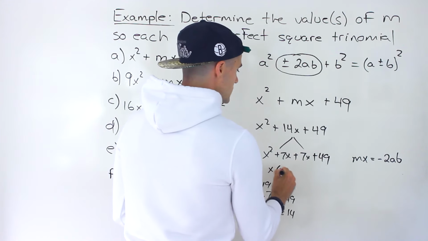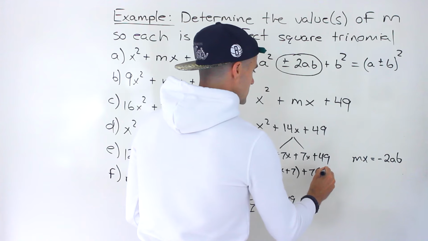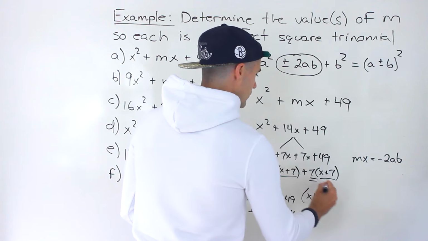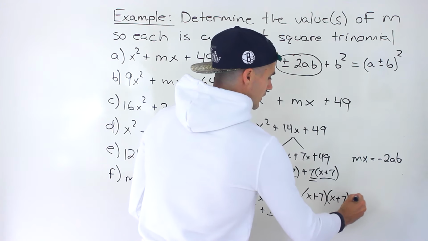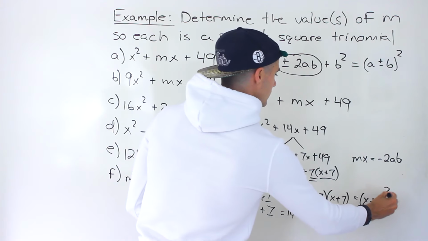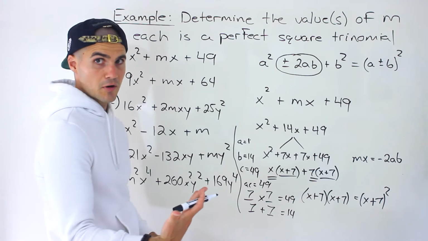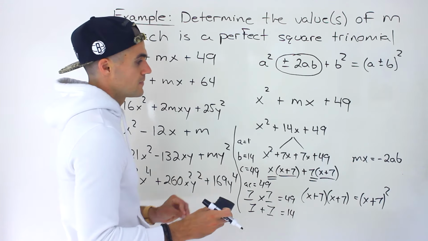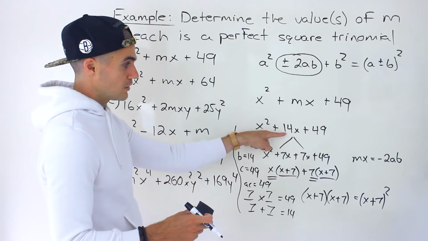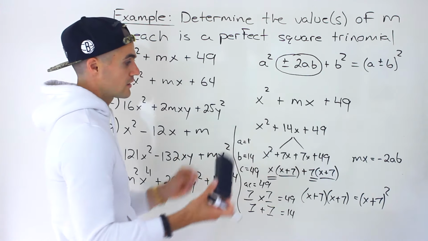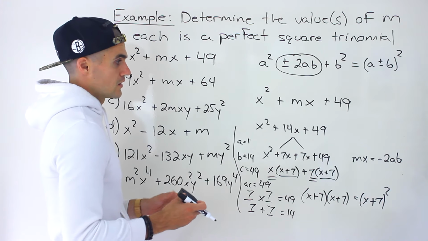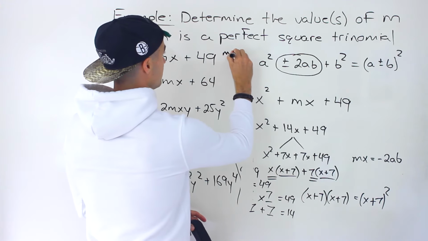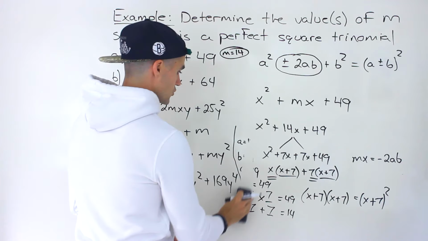And then notice we could take out an x from the first two. We could take out a 7 from the next two. Then we could take out an x plus 7. What are we left with? X plus 7. And so that's going to be x plus 7 squared, which indeed is a perfect square trinomial. So if you do want to do a check, maybe if you're on a test, you have extra time, you can actually take your m value that you solve for, plug it in, and see if it does factor into the same two factors. Okay, so an m value, let's write it over here, of 14 is one potential, but